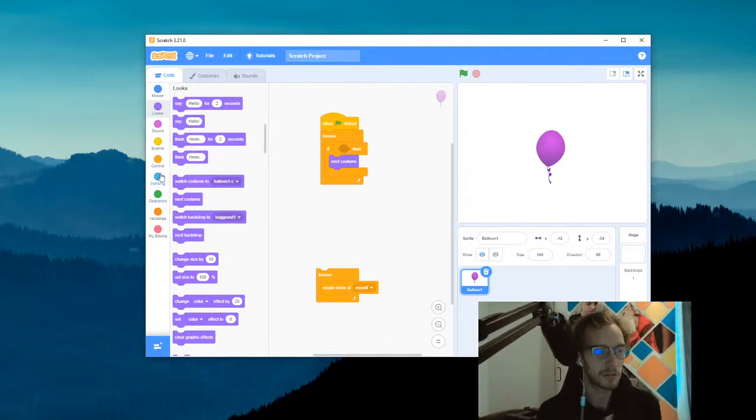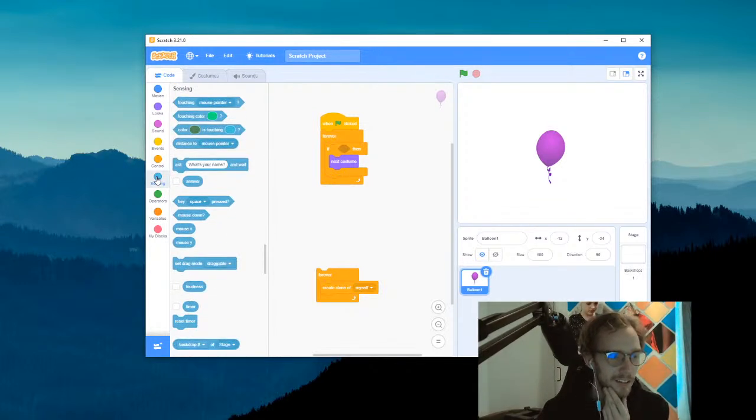Going back into sensing, let's see if we can find a block that will match the thing that we need. And I think we have one here. Mouse down. Yes, try this one. This will work a bit differently. So if we put this one inside here